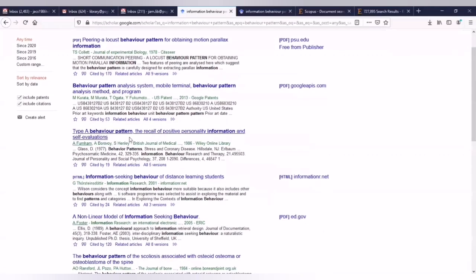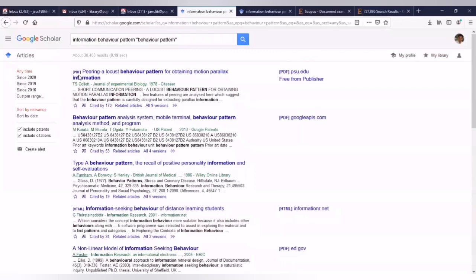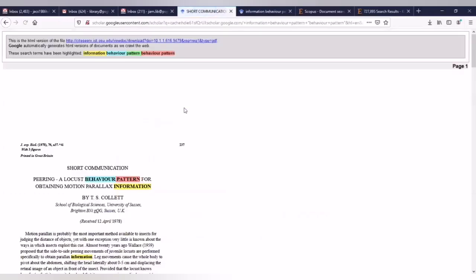You can create an alert for that, and you can make a clear observation of the relevant articles in your research area. If you want to export these things, here you are able to see two double arrows, view as HTML.